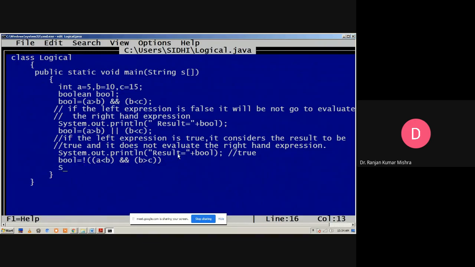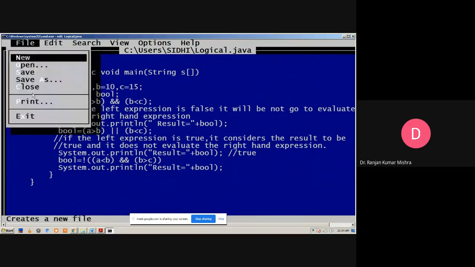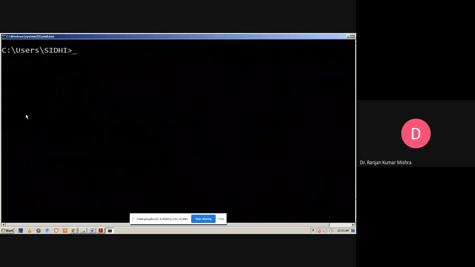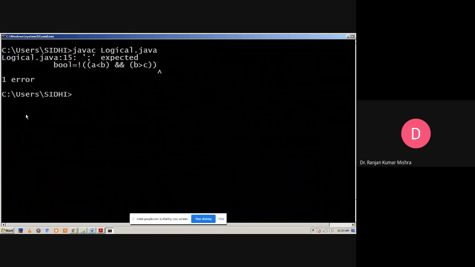Now we can display the value, dot println, result equal to plus bw equal. Save and exit. cls. Now we have to compile, javac Logical.java.